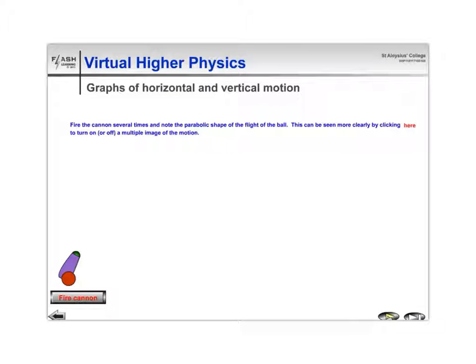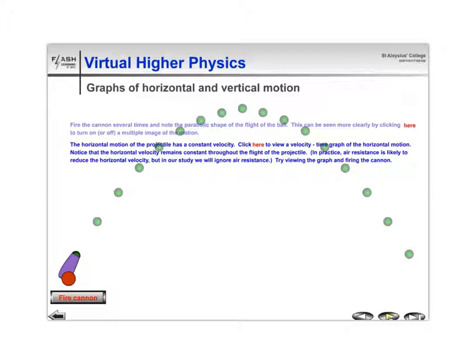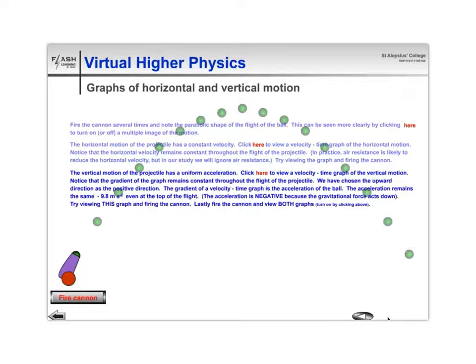If we look at the graphs of the motion now of the cannon, and look once again at the multiple images that we did in the previous slide, we can see the constant horizontal speed. And in terms of a graph, then that's a simple flat line for the graph. If we look at the vertical speed, then we can see decelerating on the way up and accelerating on the